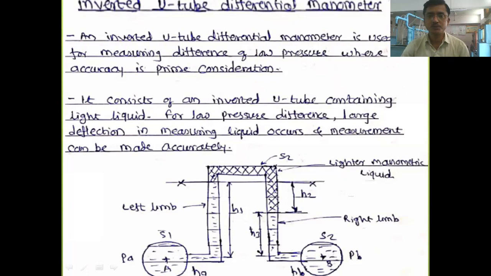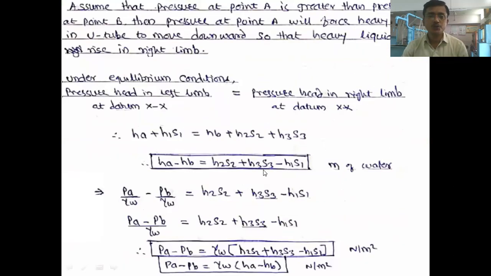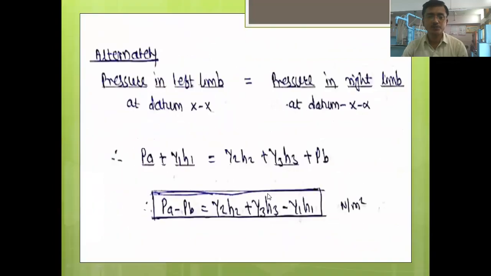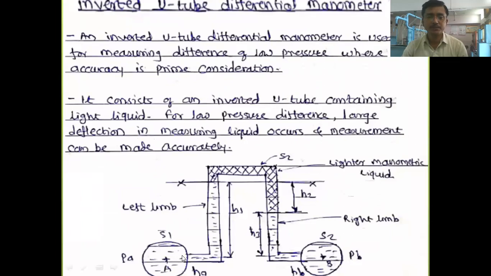Can anyone give the answer to this question? The answer is there on the screen itself. In your oral examination, a question may be asked on these two types of manometers: what is the difference between the U-tube differential manometer and the inverted U-tube manometer? You can see in the diagram the U-tube is inverted. Here the U-tube is in regular fashion, and in the inverted U-tube manometer the tube is on top and the pipes are below. This is the inverted U-tube manometer.